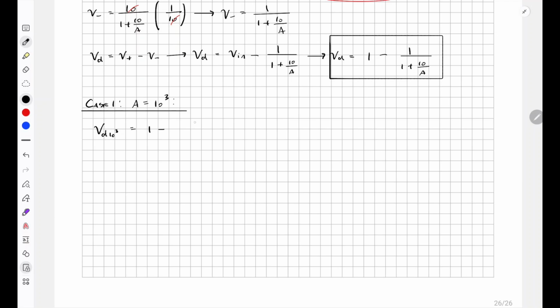This is equal to 1 minus 1 divided by 1 plus 10 divided by 10 to the third. 10 to the third is 1000, so it's 1000 divided by 1000, so that's 1. And then the second one is 10 divided by 1000. So this is 1 minus 1 divided by